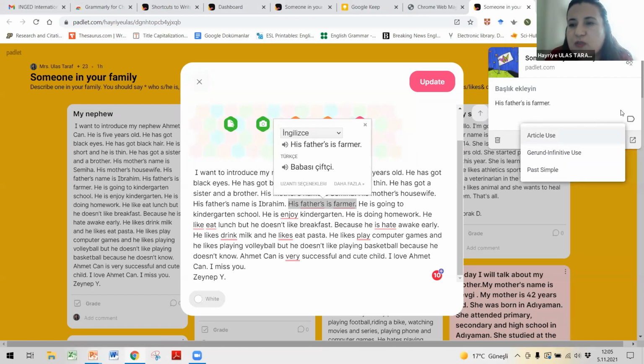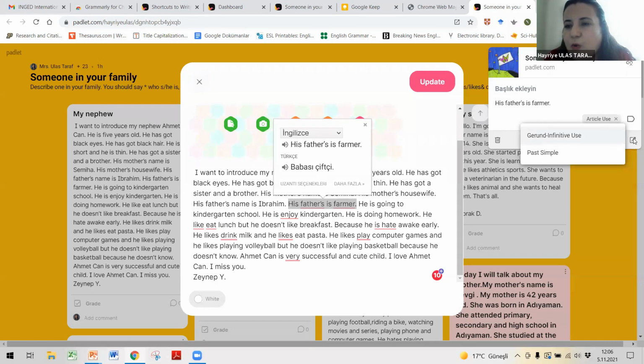If you want, you can propose another tag, you can just write another tag here like this, or you can use the ready ones as well. I created those ready ones before the presentation, and I click on article use,